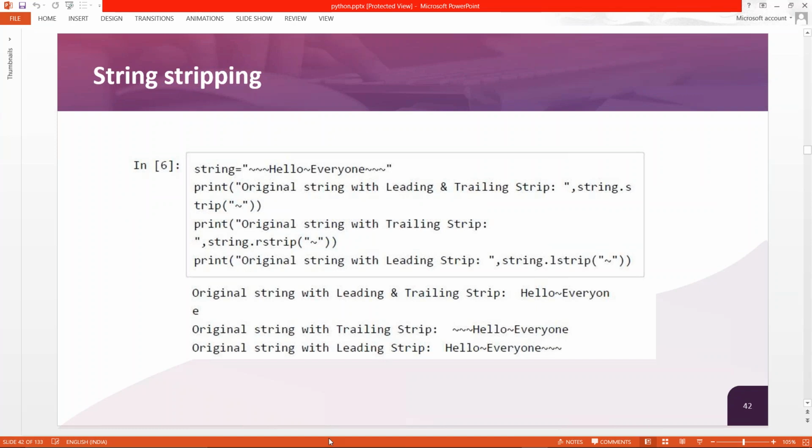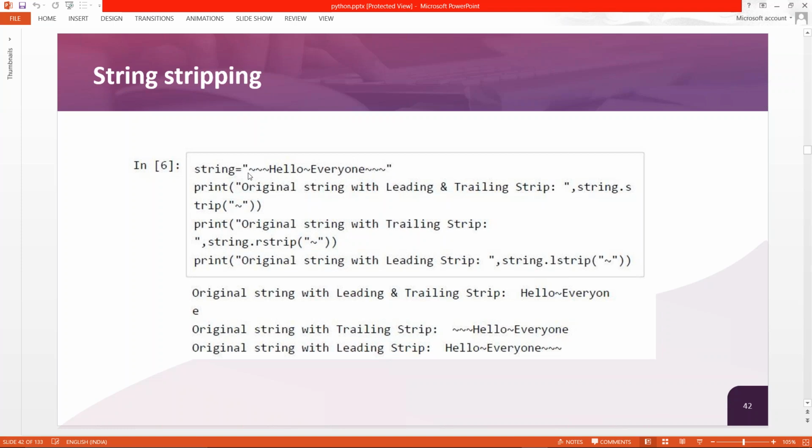Okay. So now after swap case, we have stripping. Now what is stripping actually? It's eliminating the values from the front side and the back side, but not changing any values in between the string. Now what that means, if you have a string like this, and we're going to strip this sign, there are three types of stripping. Either strip directly, that means it will strip these signs from the start of the string and from the end of the string. Okay. Now you have L strip and R strip.